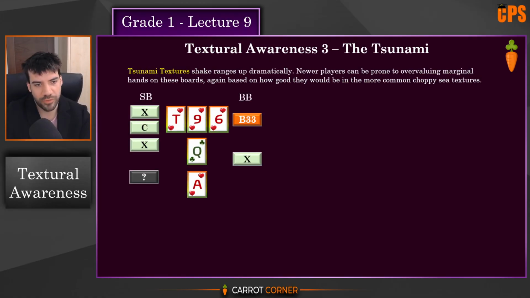Small blind, preflop raiser, check calls this monotone board. When you see a monotone flop, it's already very likely that the texture may end up being a Tsunami because it's already most of the way there, and unless the turn and the river are both deuces that are not hearts, it's going to turn out that way. The fact that there are 4 cards above a 9 here, I have this rule that when there are 3 cards above a 9, the texture may well be a Tsunami, and when there are 4, it probably always will be. Even if it's not 4 flush and 3 straight like this texture is, even if it's not a mess in every single possible way,